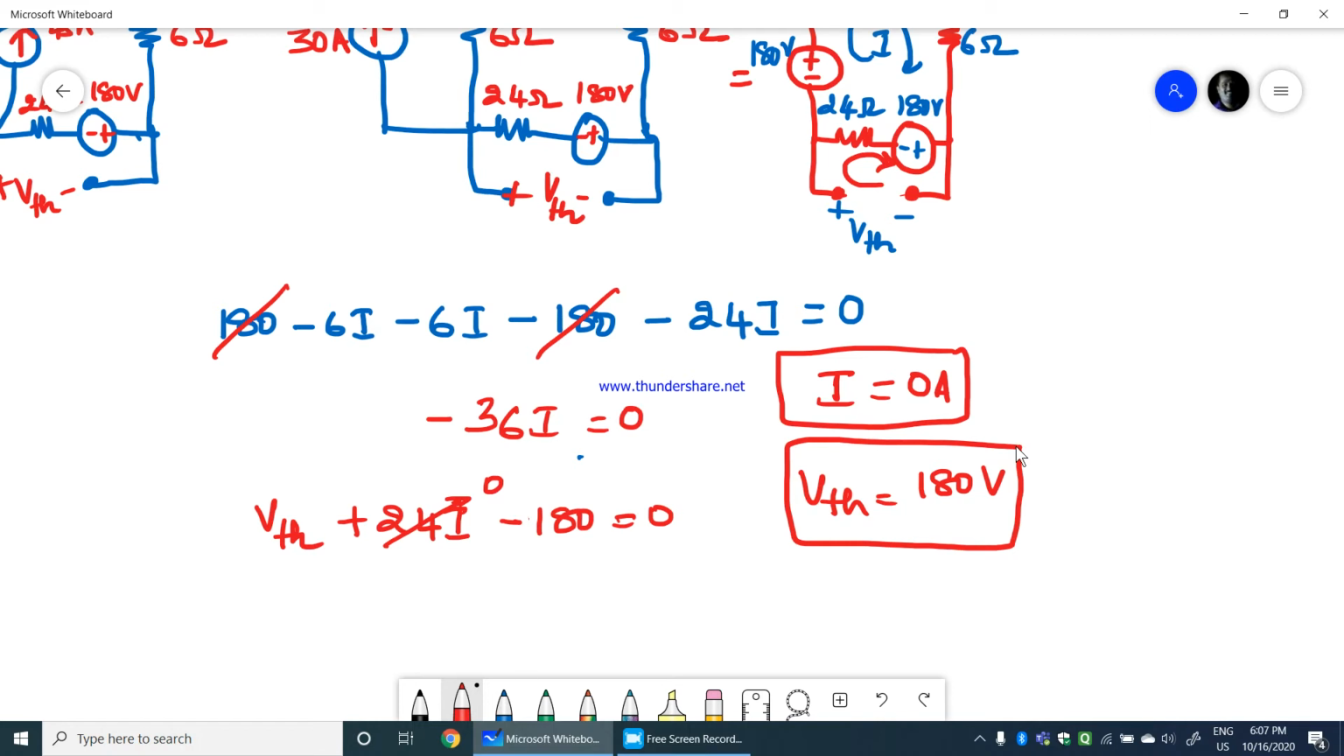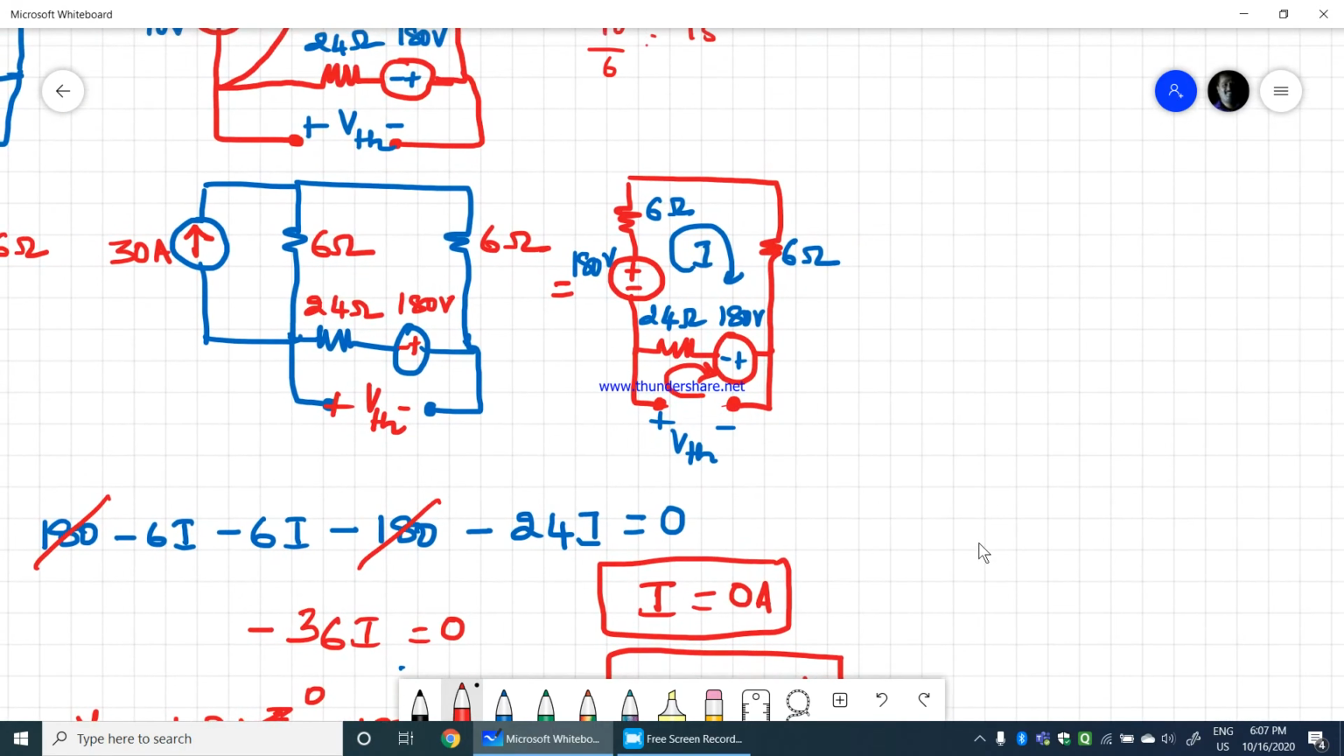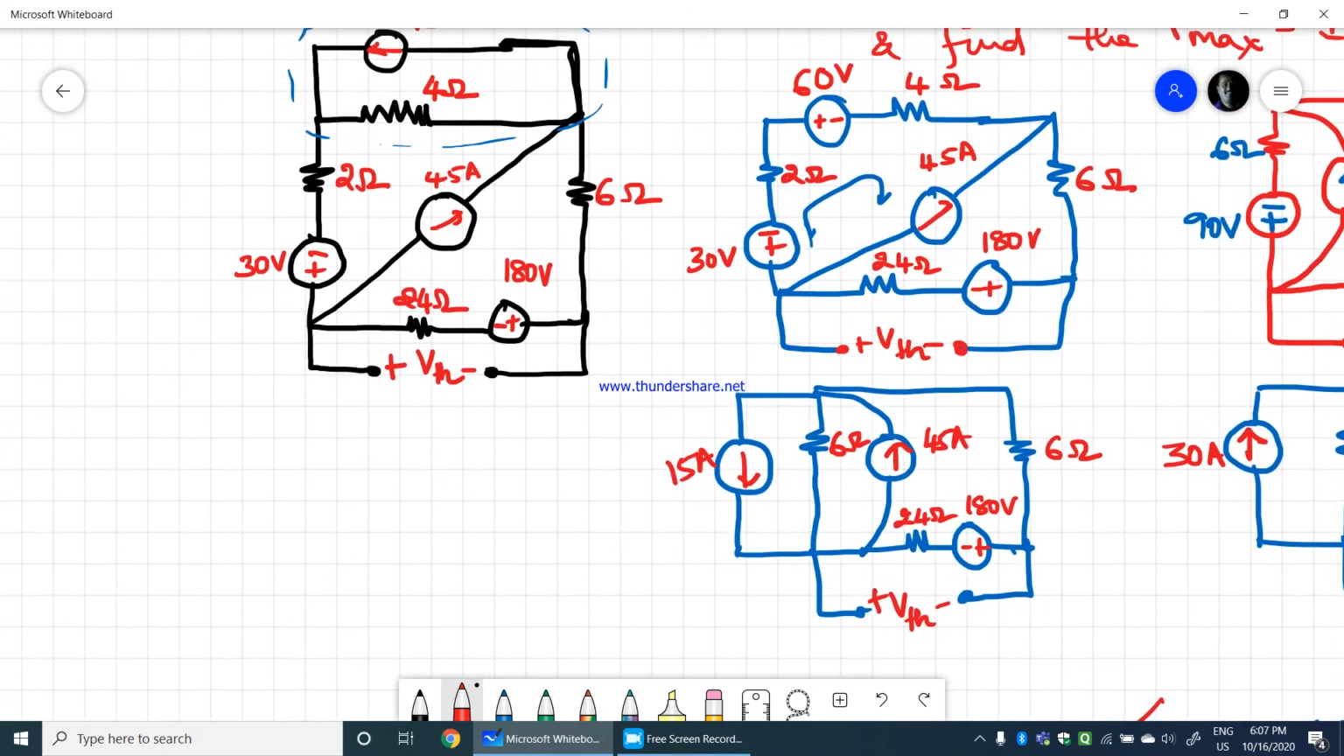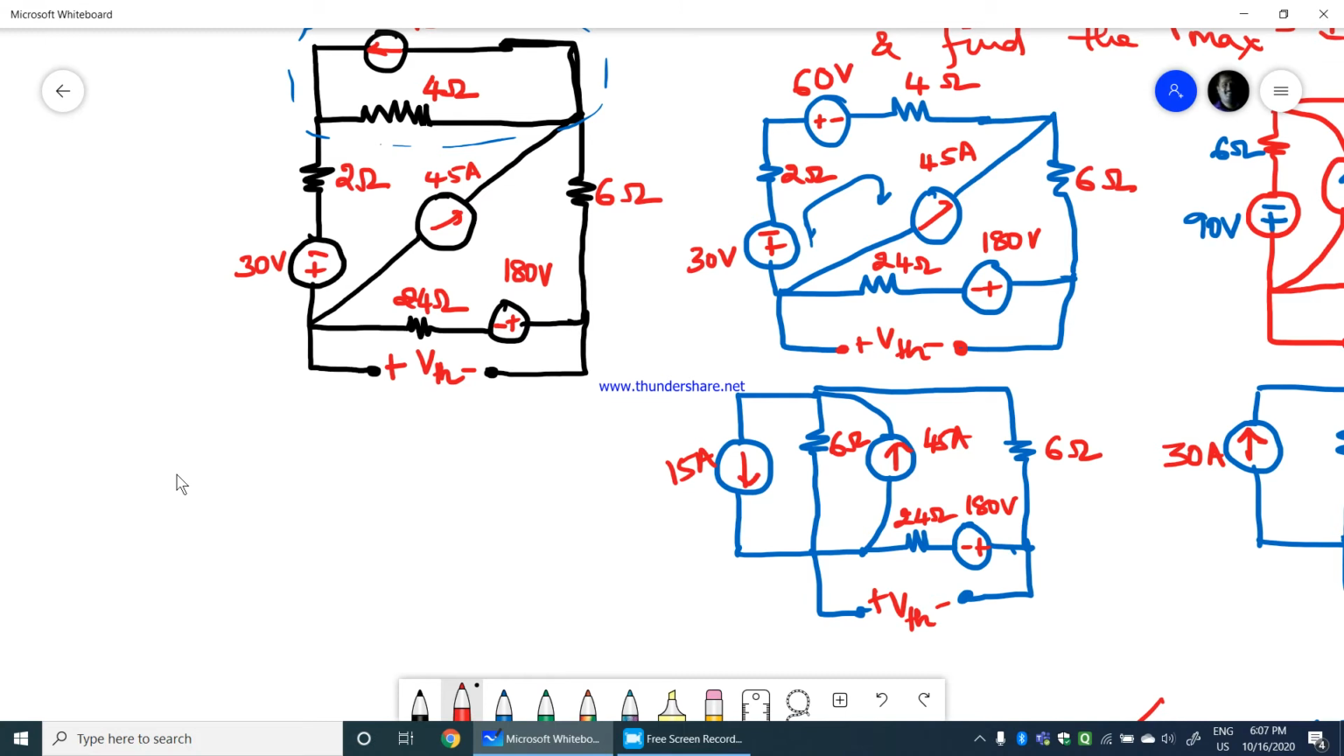Okay. So therefore, I got VTH. Now my next job is to find out what RTH is for the same circuit. So go back to the same circuit here, and then we'll find out what RTH is. Now we know in Thevenin's theorem, to find RTH, we open all the current sources and we short all the voltage sources. So therefore the circuit would look like